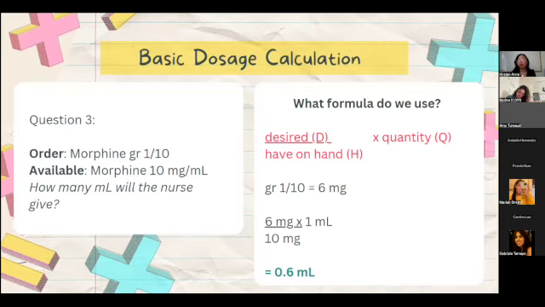So we have our 6 milligrams as our desired dose, and then we have the dose that we have on hand. Kristen, can you repeat that? You were cutting off again. Quantity, what was